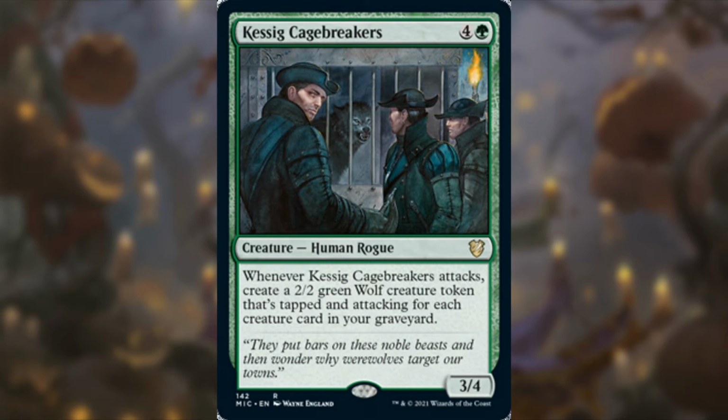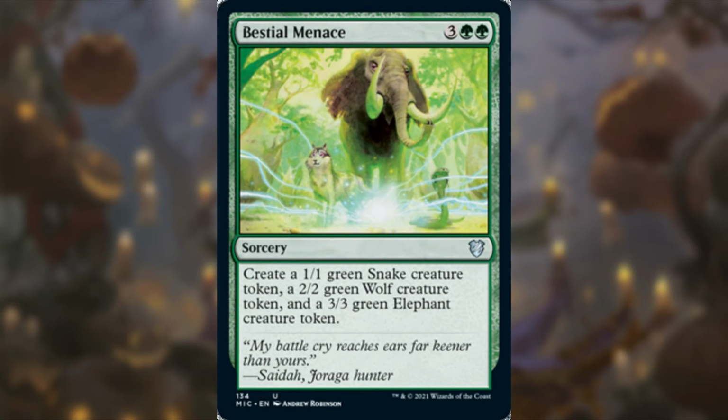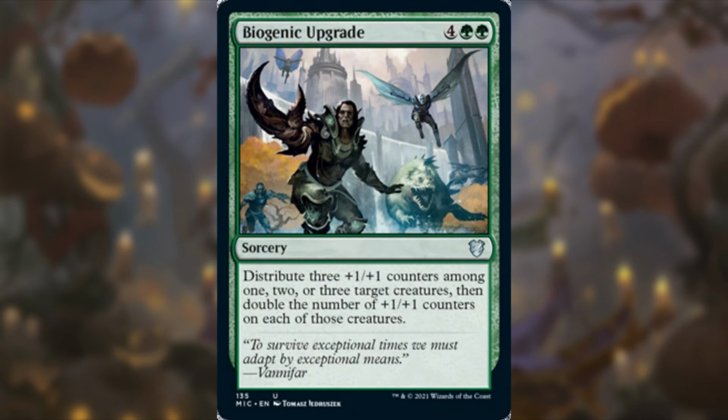Yeah, I'm also removing a couple of different sorceries. Bestial Menace, I'm getting out of. That is 5 mana for a sorcery that creates a snake, a wolf, and an elephant. None of those are humans. None of them are really relevant. So 5 mana can be used elsewhere. Goodbye, Bestial Menace. Biogenic Upgrade is 6 mana for a sorcery that says distribute three +1/+1 counters among one, two,